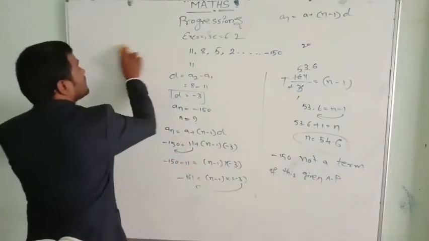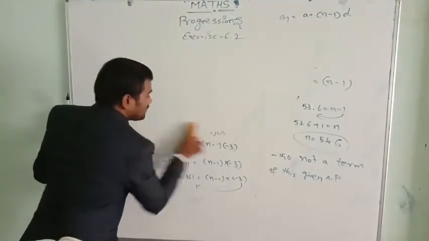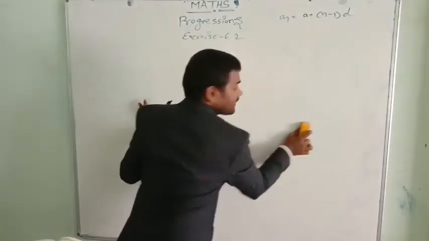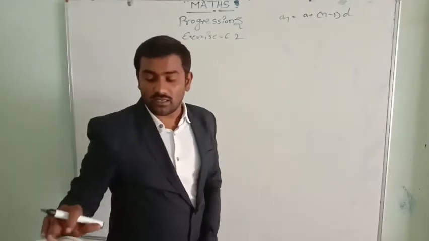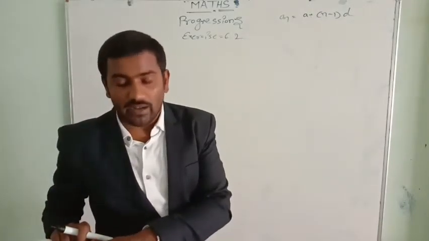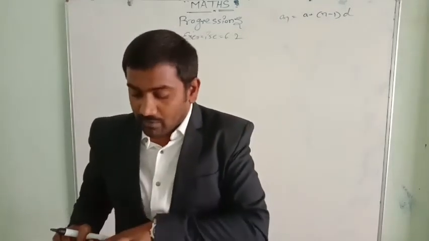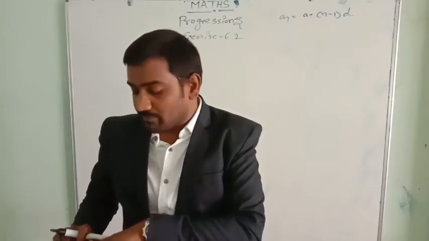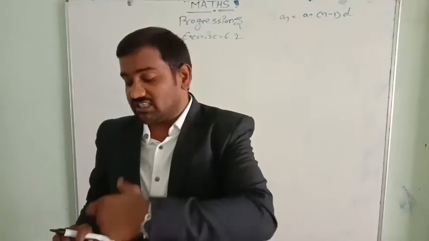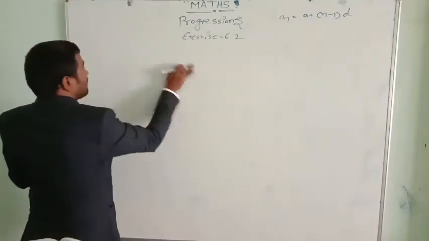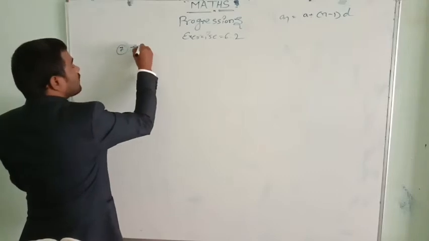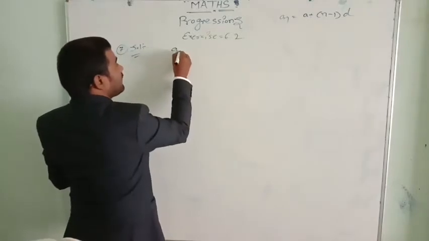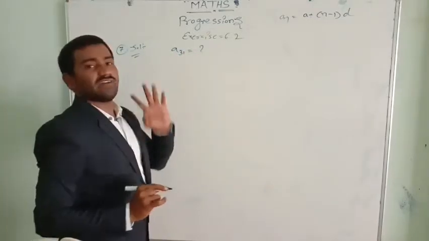Next we go for the 7th question in this bit. Overall there are 17 questions. From that let's go for the 7th one. Very important one. Already we have solved one problem. Find the 31st term of an AP whose 11th term is 38 and 16th term is 73. Simple. See what we need to find out. We need to find out A31, children.